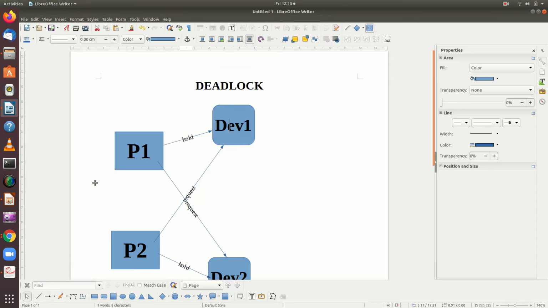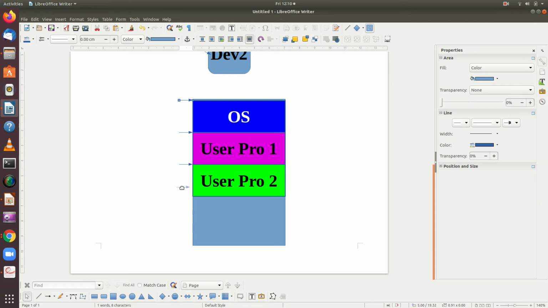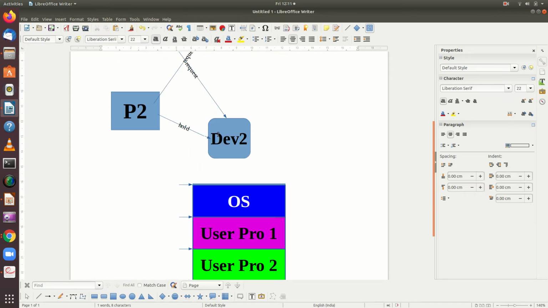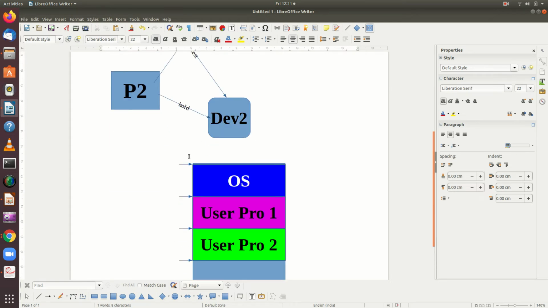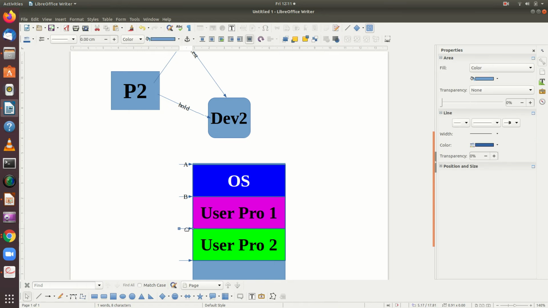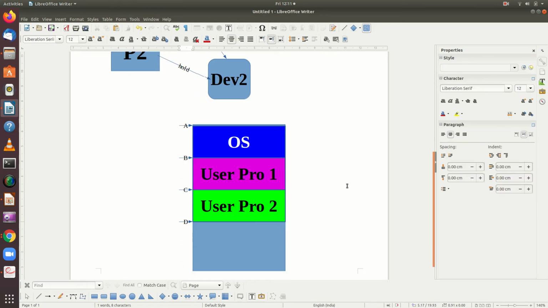The same way, from this point to the next. So let me call this as A, let me call it as B, let us call it as C, call it as D. So what happens now?